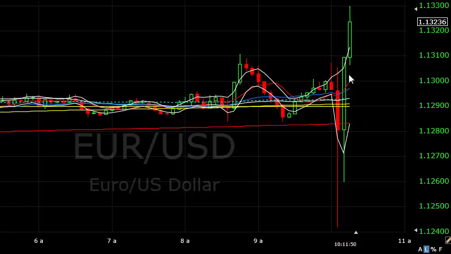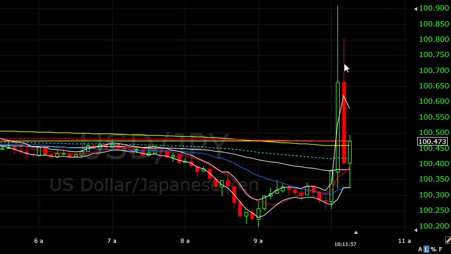and they're holding up rather well. And the yen, let's go back and have a look at the yen. I haven't been stopped out yet, but the yen has not done the equivalent, because they've broken to new highs. The yen hasn't broken to new lows, so it's holding for now.